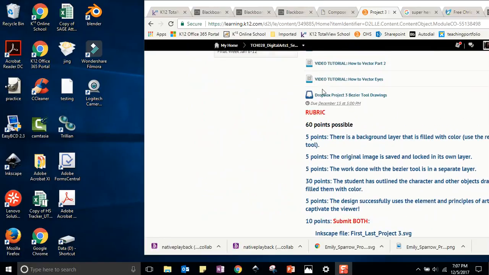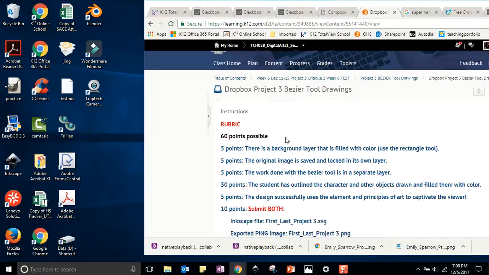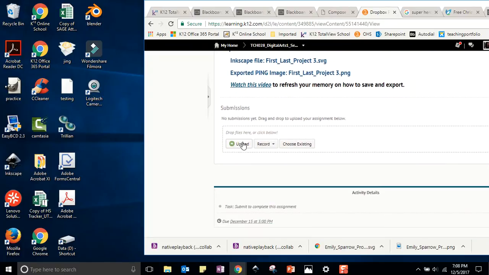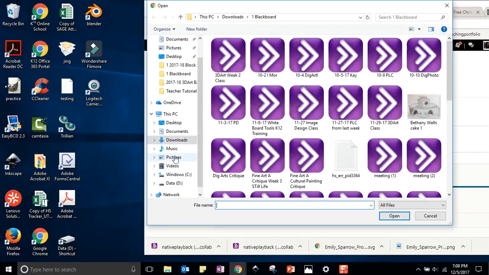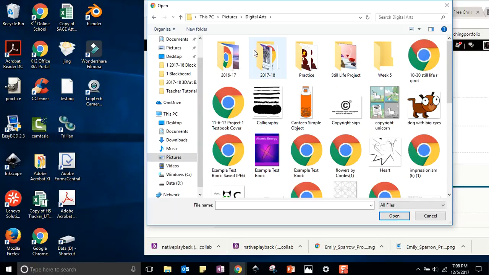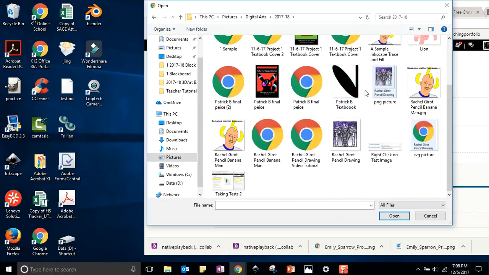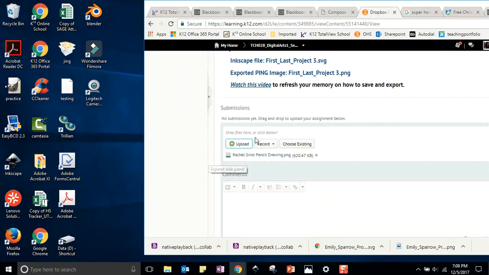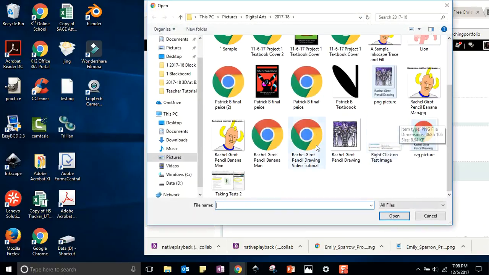All right, to submit to the Dropbox, you're just going to click on the Dropbox, scroll down, make sure you've read the rubric and cross-referenced it with your work so that you earn all of your points. Click upload and find your digital arts folder, and you would look for, for example, Rachel Girot Project 3. I don't have my own folder saved in here, but this would be the PNG. So you'd click on your PNG and open it. Okay. And then you would find also your SVG file, which is going to be your icon,